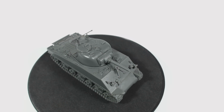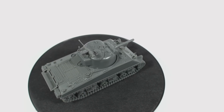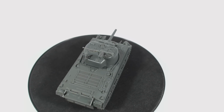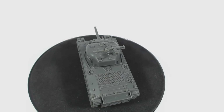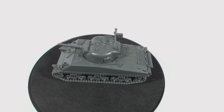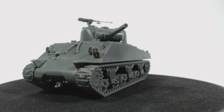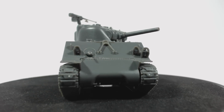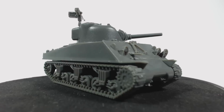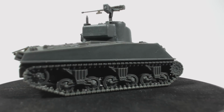Despite the extra effort needed to be able to use both turrets, it went together fairly quickly and very easily, and it looks rather good. I do have a resin Sherman by Warlord around here somewhere, but I think this model looks much better. They are entirely different hulls though, so I didn't bother comparing them side by side. There are a couple of flaws, but I think they're rather minor. The 76mm turret does look a little bit worse than the 105, but that's only because there are gaps which result from my shoddy workmanship, I think, and it will be much improved with some green stuff,